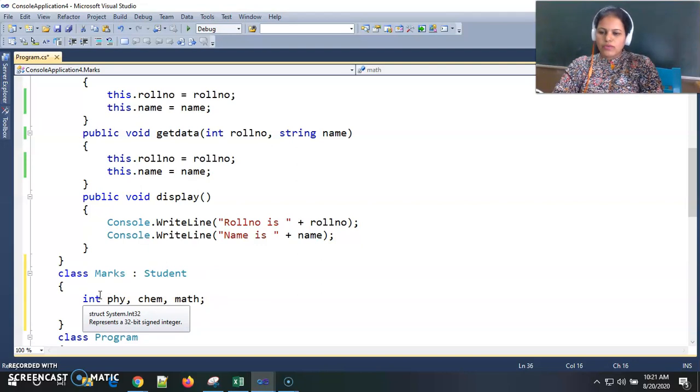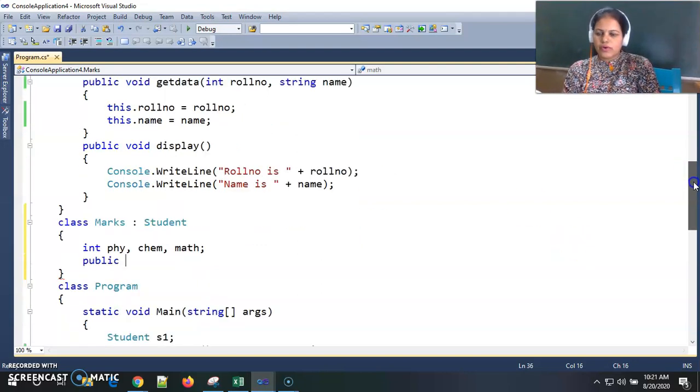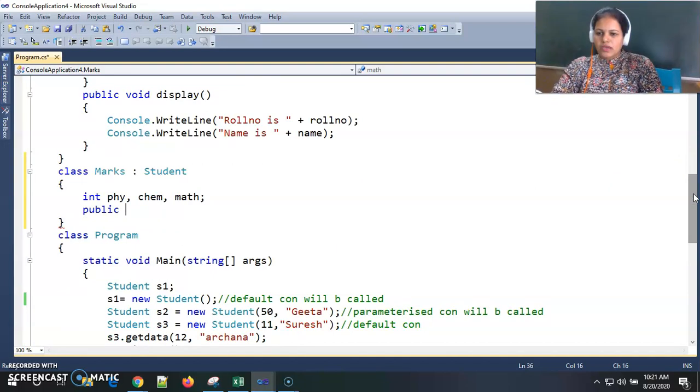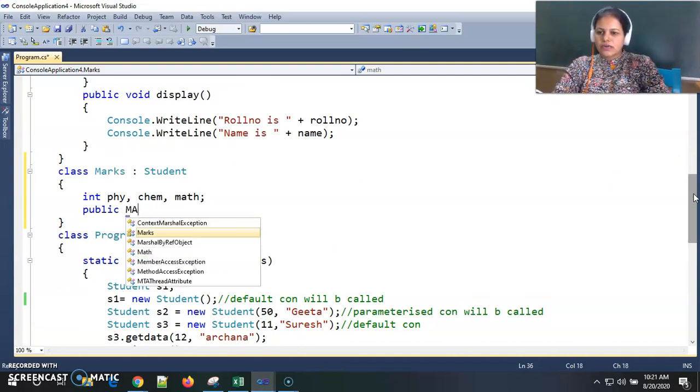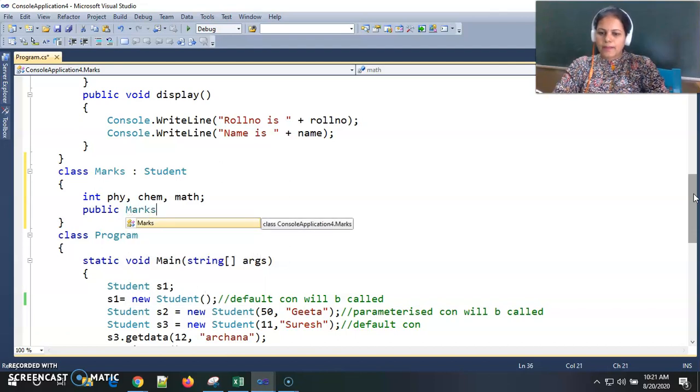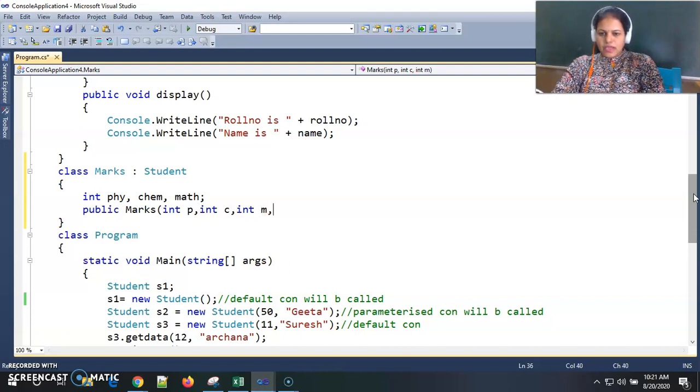Now you know the meaning of a constructor, or what the use of a constructor is. A constructor does not have any return type, and we need to declare it as public, and I am using a parameterized constructor with C, then int pcm.